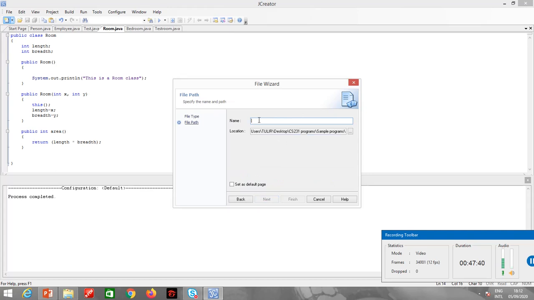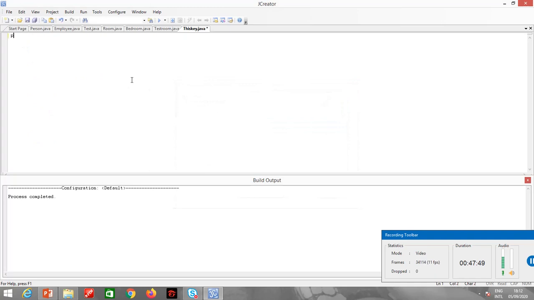Public class ThisKey. So I'm just going to explain over here which constructor will be called. If your class has more than one constructor, which constructor will be called? It will depend upon the type of object that you make.